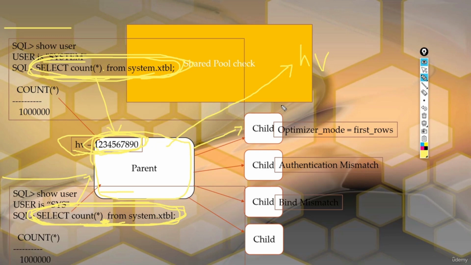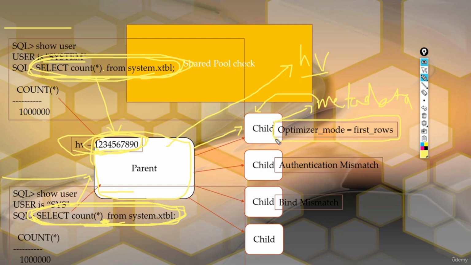the parent cursor represents the hash value and the child cursor stores the metadata information of the cursor, or we can say metadata information of the SQL which is executed by the cursor. Okay, so there are multiple scenarios, but we are not going to see each and every scenario for child cursors, as this is beyond the scope of this course. Okay,